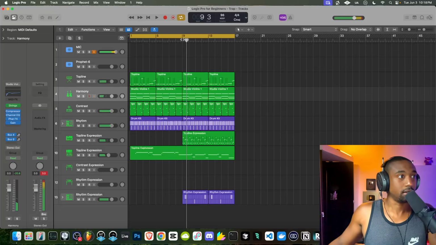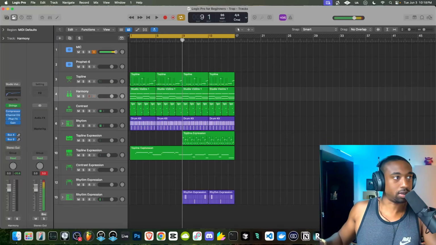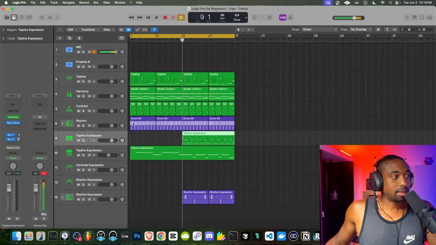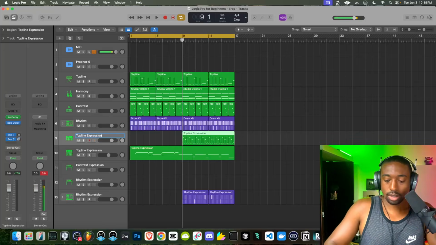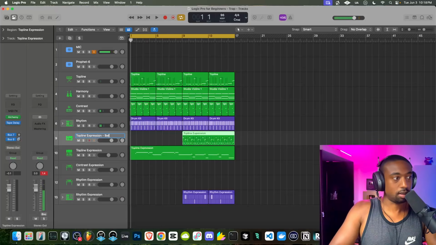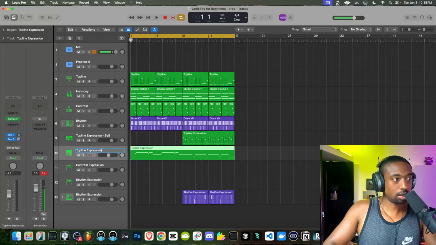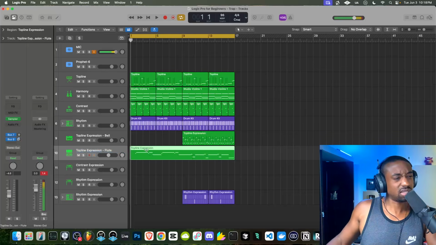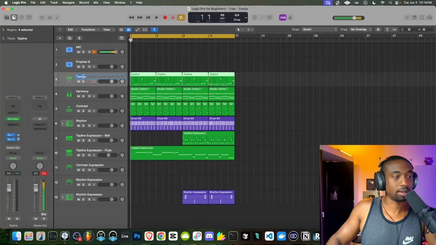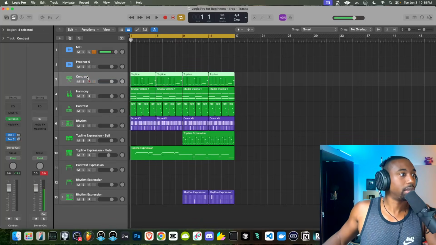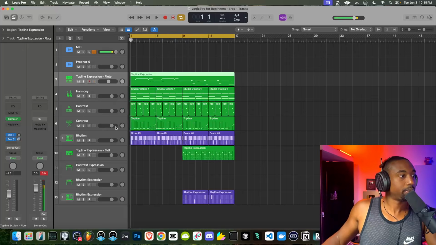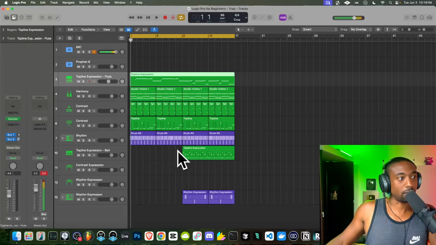Let's say that is a little playful for this because now it's getting more into an ethnic sound. I'm going to show you guys a couple plugins I love. Click on where it says top line expression. In this case, we'll label these. This is more of a bell. Let's label this bell and label this one flute so that we know the difference. This is more of a classical top line. If I had to label a top line, this is more of a top line. This is more of a contrast layer. So now I'm starting to re-rank these sounds. Technically this is really a stronger top line, and this is more of an expression layer. So now we have it ranked more properly.